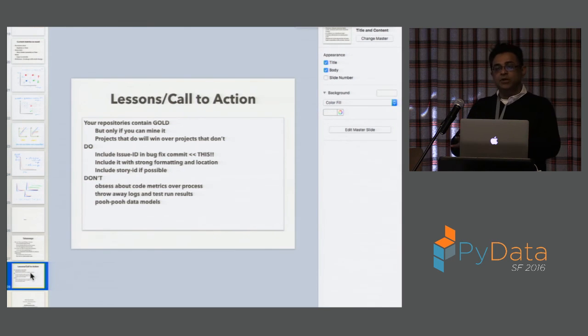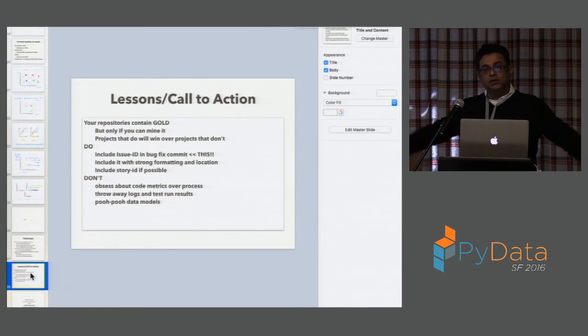So aside from actually doing this, I learned a lot about the state of software engineering discipline in the industry. It's getting better, and I think Apache is playing a big role just by following common processes. But include the story ID if you have some kind of an ID for your stories. And code metrics are important, but your code could be perfect, and your configuration could be wrong, and your stuff won't deploy. So the whole process, end-to-end, is important. And maintaining history is important if you want to get the best out of this, and maintaining structure in your process. So that's the sum of it.